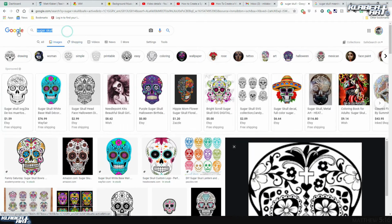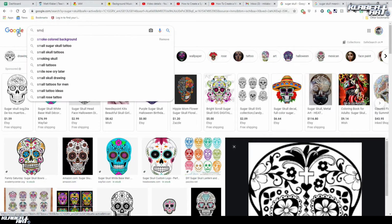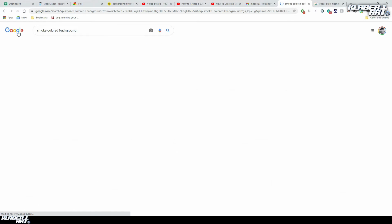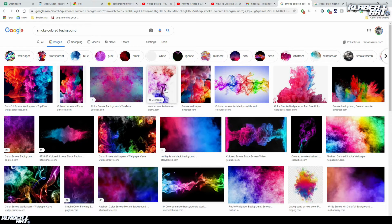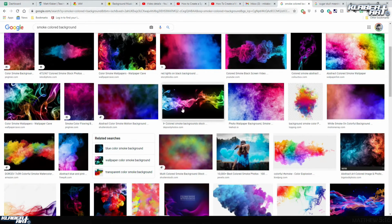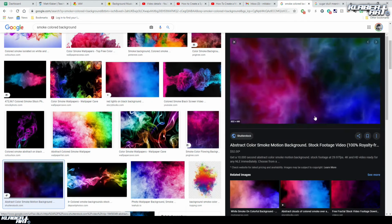So first I think I'm going to get a background to put behind it, just so I can get that out of the way. So I will look up maybe a smoke colored background. I don't know. It doesn't have to be smoke colored. Be whatever you want. Hopefully it's something that kind of goes with the theme. I just want a dynamic background where it kind of stands out. I kind of like some of these, they're okay. So once you find one you like, copy it,